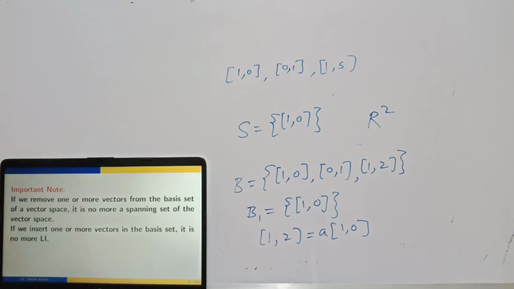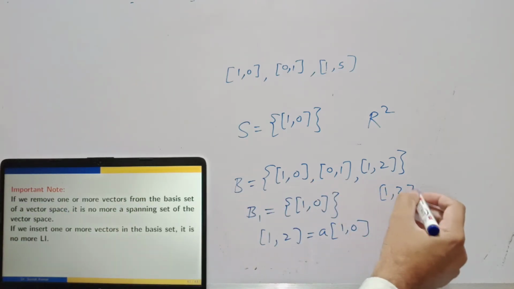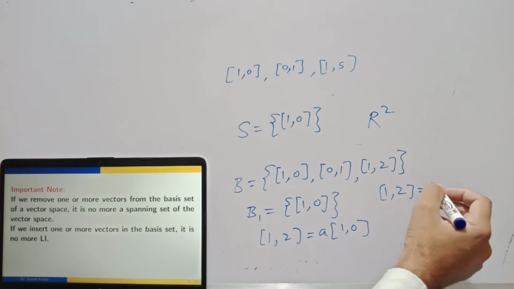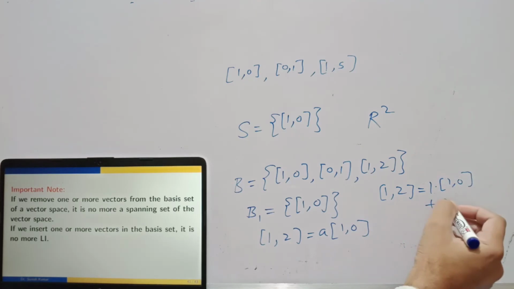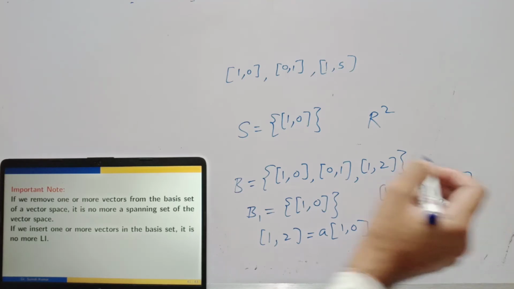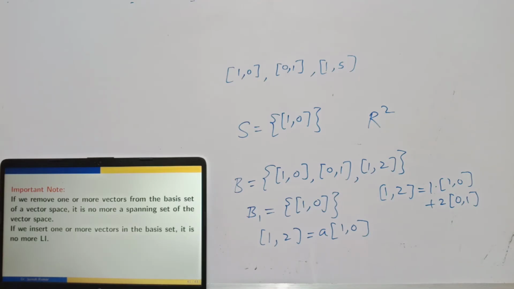It is no more linearly independent. You can clearly see that 1, 2 can be written as linear combination of 1, 0 plus 2 times 0, 1. So one vector in the vector space is linear combination of the other two. Okay, that means B is not